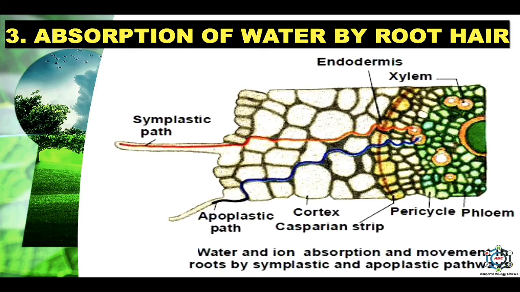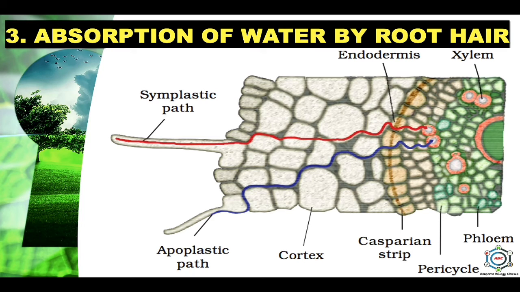The first step in the absorption of water is its imbibition on the cell wall surface. Since the cell wall is permeable, it allows both solute and solvent molecules to pass through. The water enters through the cell wall and comes in contact with the differentially permeable plasma membrane and cytoplasm. The cell sap filled inside the vacuole is now separated from the external soil water by a differentially permeable membrane. Under such conditions, the water must enter into the cell sap from the soil solution through the differentially permeable membrane.